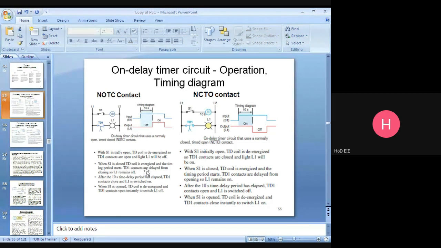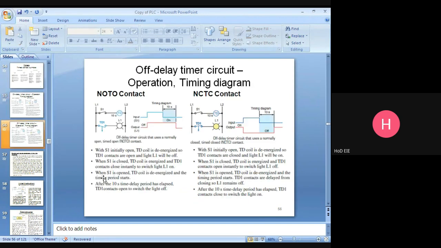TD1 contacts are delayed from closing. Here you are giving a set value of 10 seconds. So what will it do? The delay will be counted: 1 second, 2 second, 3 second, up to 10 seconds.